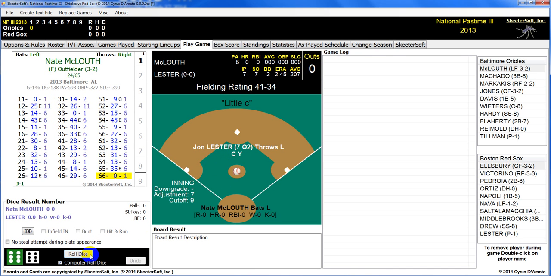I click on the Roll Dice button, and this produces a dice result of 1-6. Now this is how the dice are read. The two dice are not added up in the traditional sense, but are read with the green die as the first number and the smaller white die as the second number, thus the 1-6. The dice result of 1-6 is then matched to Nate McLouth's card. The computer does this for us and reads off of McLouth's card 28. 28 is called the play result number,